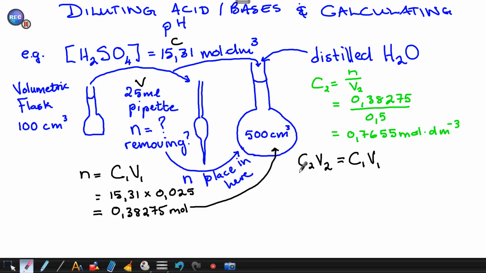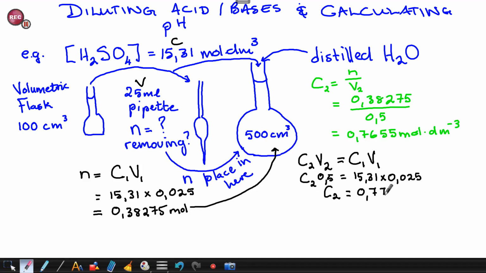So we calculate C2. We've got V2 is 0.5, C1 is 15.31, and V1 is 0.025. Because we dilute the strong acid, we decrease its pH. Wait, we're getting to the pH point. So C2 would be